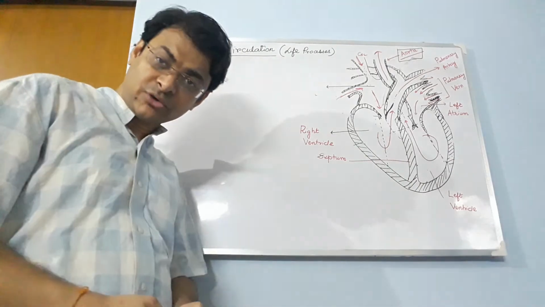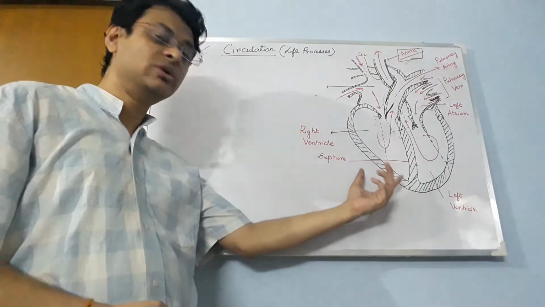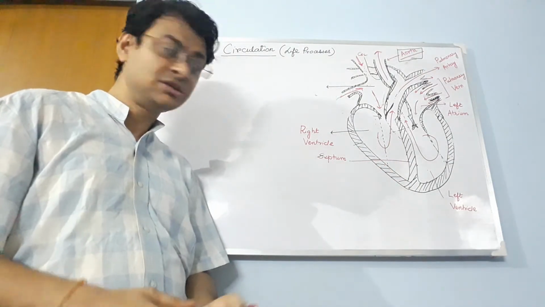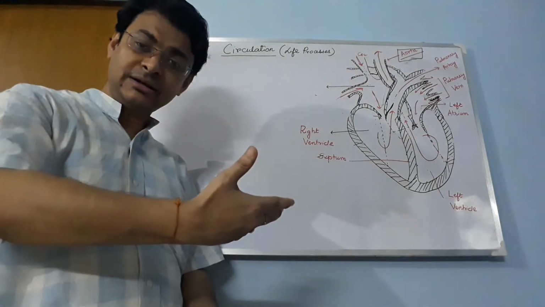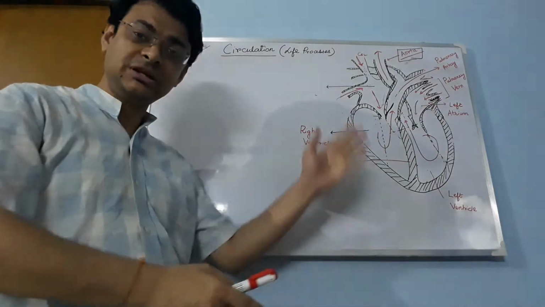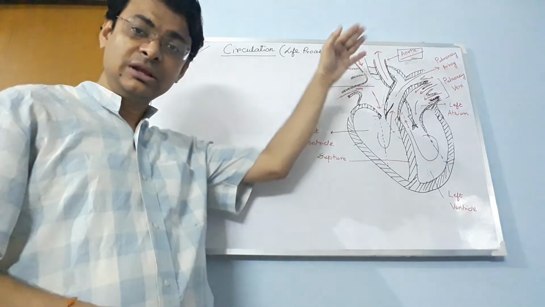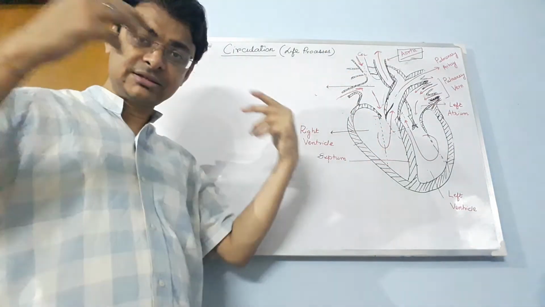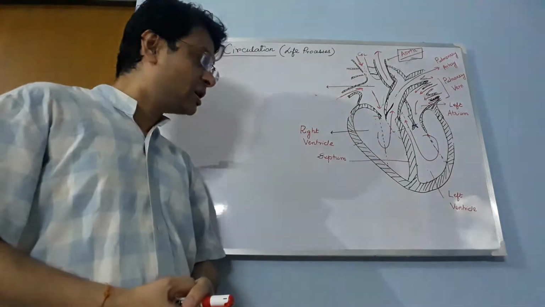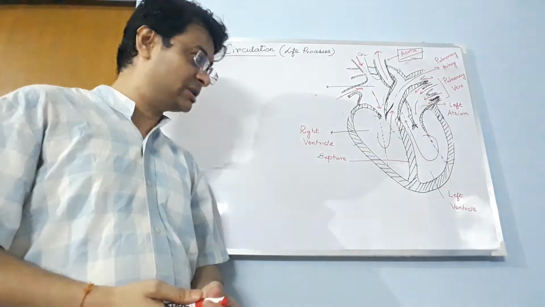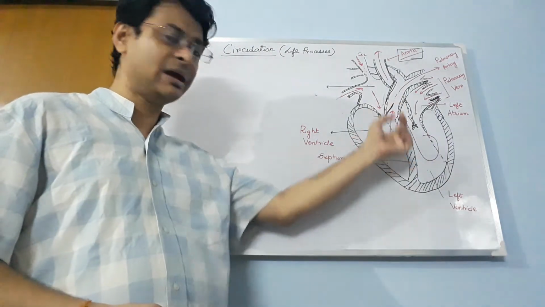Students, as I have already explained, double circulation takes place in human blood. That is, twice the blood enters the human heart. First it enters, then goes out, then again enters, then it is transported to all parts of the body. Now, why is this double circulation? And why is there a four-chambered heart and separation?